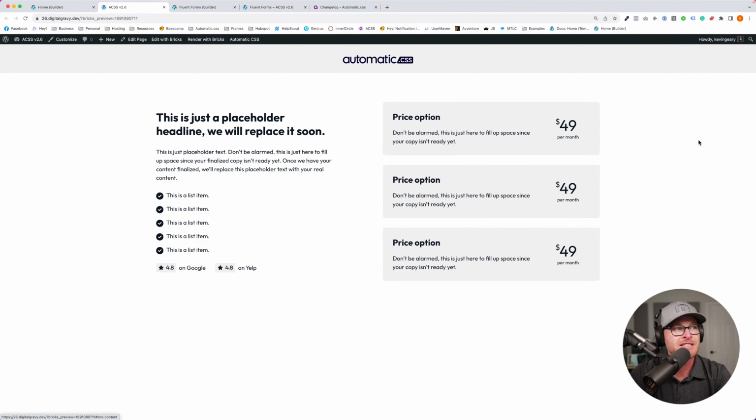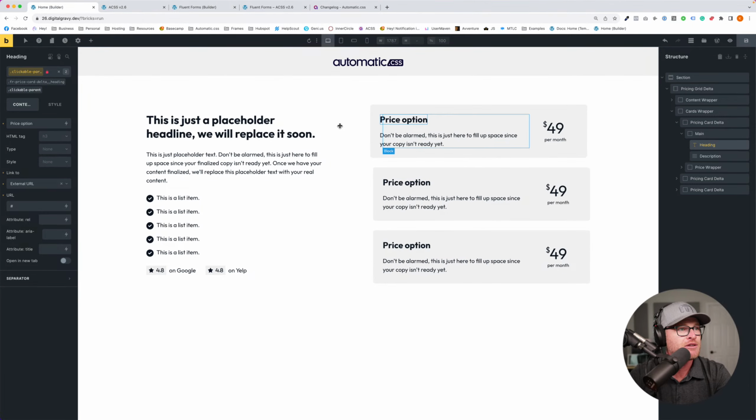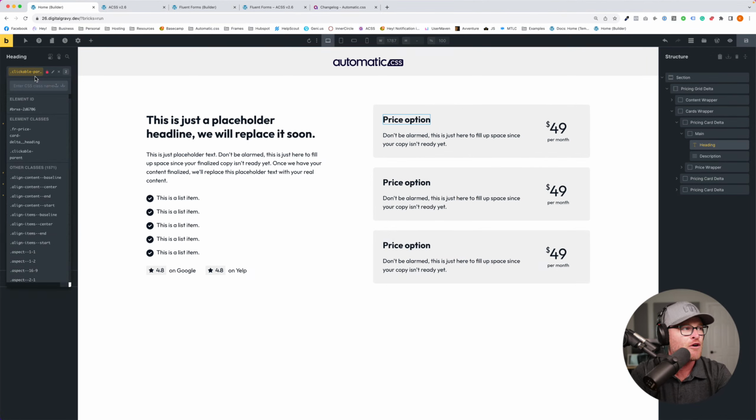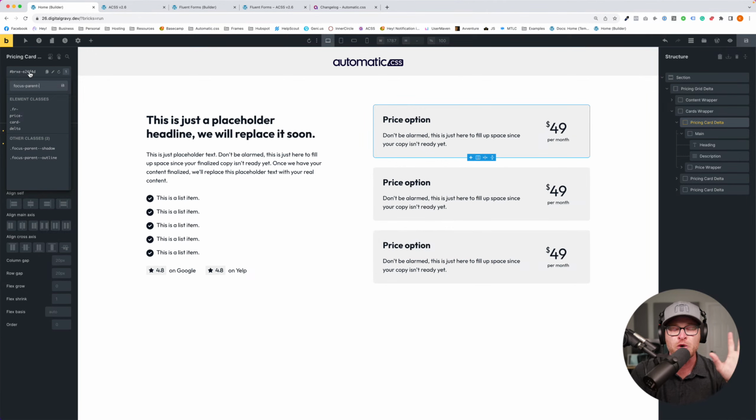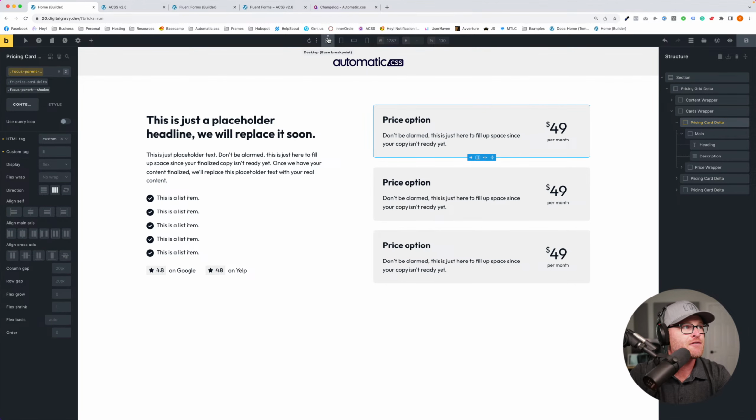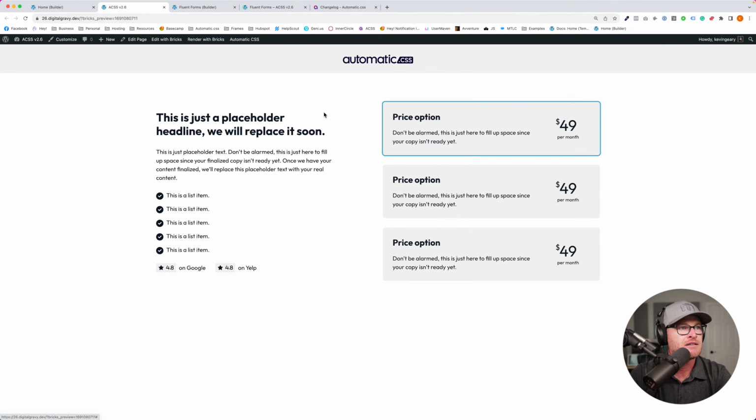Now, let's take a look at this, because this does not have the focus technique on it, right? That we talked about earlier. So it's still focusing only on the link. And so let's combine a lot of this stuff. Let's go focus parent. We actually need to be on the parent itself, so the pricing card. So we're going to go focus parent. And here's a good example of why you would want to BIMify this and not use utility classes. So focus parent shadow. And we're going to save, and we're going to go to the front end. There's your focus parent shadow. So see, it's not focusing on the link, it's focusing on the actual card.